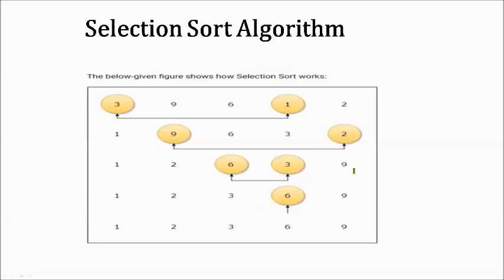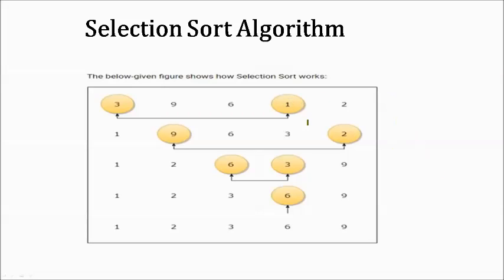All you have to do is interchange or swap the position of 1 with array 0, which is in the position of number 3. So swap places. 1 will go to the position of 3, and 3 will go to the position of 1, as you can see on the screen.